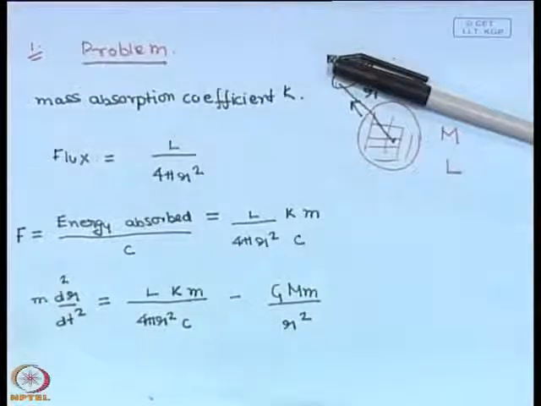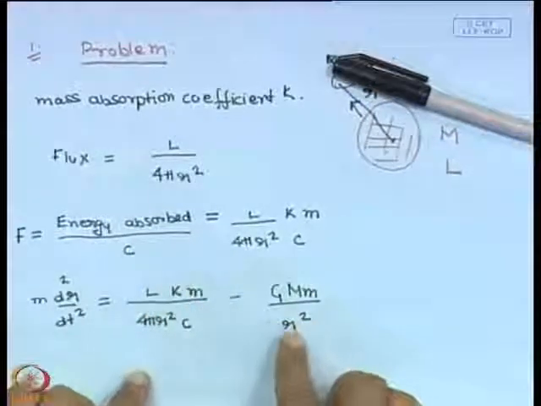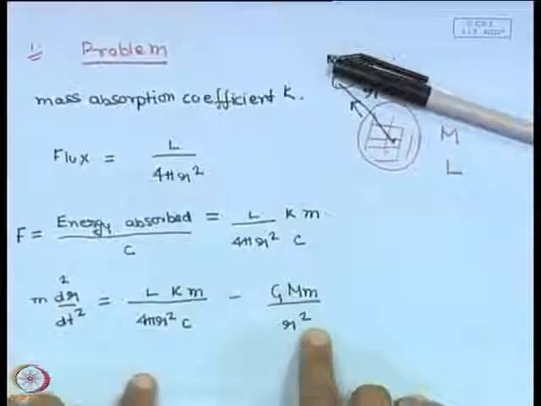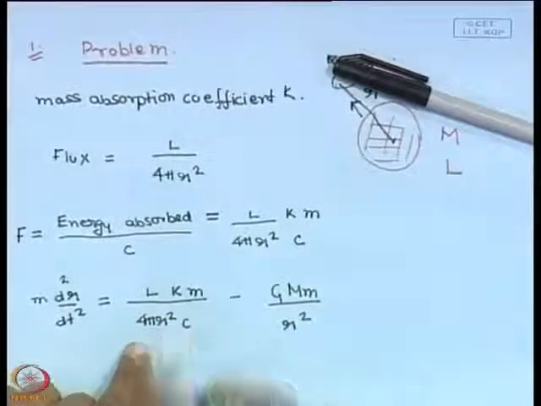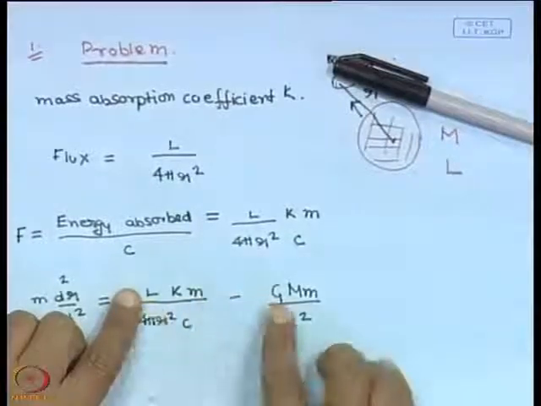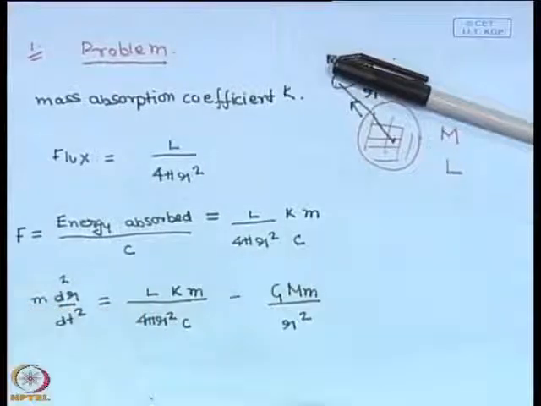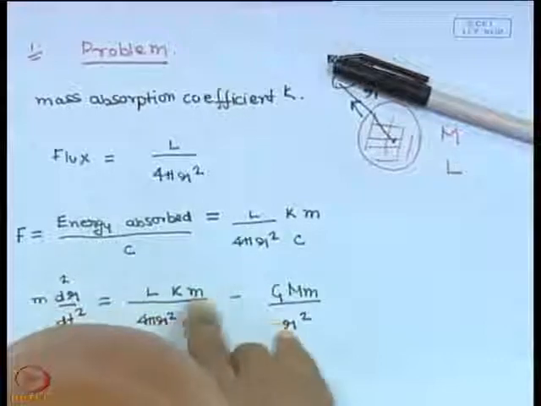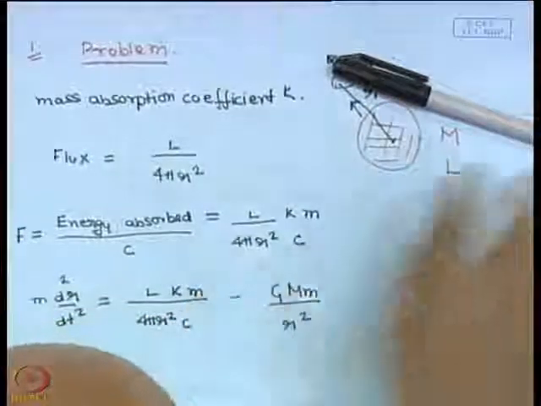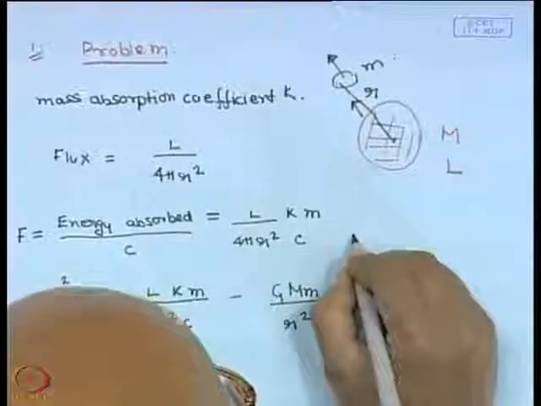So, the condition for ejection is that the outward force should exceed the inward force. So, let us find that condition. We can find that condition by just equating these two, and the luminosity should exceed some value, so that this term always is in excess of this term. So, the factor of r² cancels out, and the mass of the gas cloud also cancels out, and we are led to the condition that L